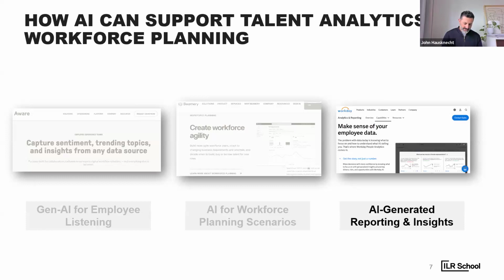The other piece that I think is interesting here is that it's not just the data itself, but kind of making it easier to build the story by asking questions. So think of like a chat bot where you could say, if you're a business leader, what is the demographic representation amongst my leadership team? You get immediate answers based on real-time information as opposed to looking it up or kind of going to multiple systems to try to pull this together. But then maybe you also have other questions like, what have been the historical promotion rates at our company over the last 5 years? Being able to ask some of those questions in a way where you get the immediate information to help you kind of build a case for a change or for an intervention